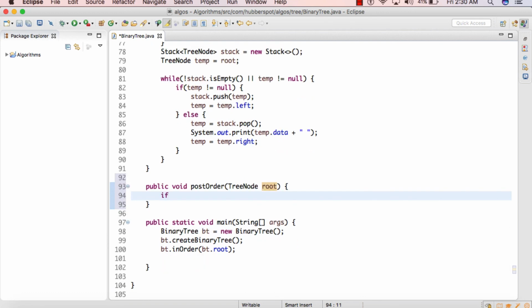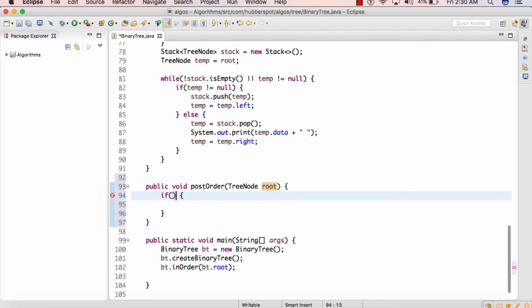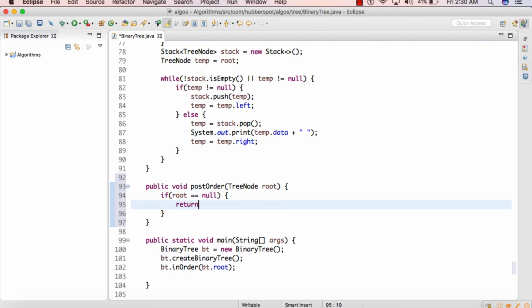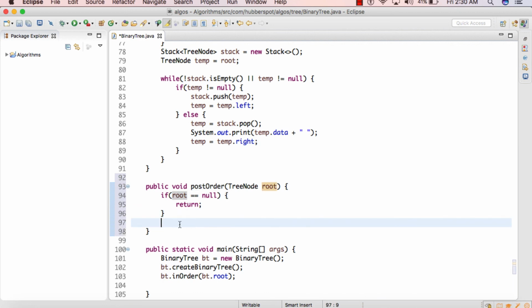So first we'll provide the base case, which is we will check whether root is equal to null or not. So if root is equal to null, then we'll simply return from this method. So this is nothing but the base case because we are calling this post order method recursively. So friends, as we discussed in our slide, that in post order tree traversal, before visiting any node, we will first visit his left subtree and then we'll visit his right subtree and then we can visit the actual node. So first we'll visit the left subtree